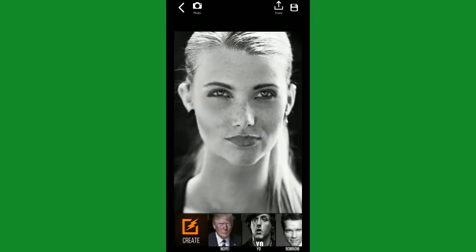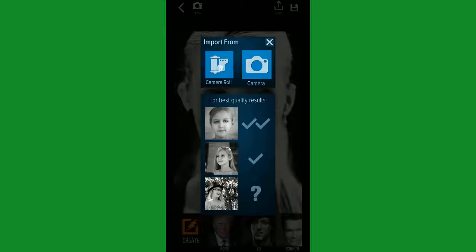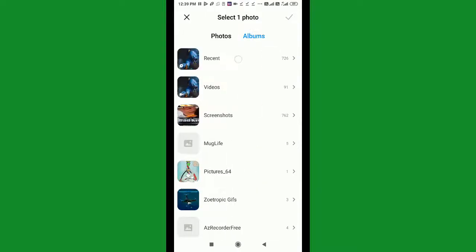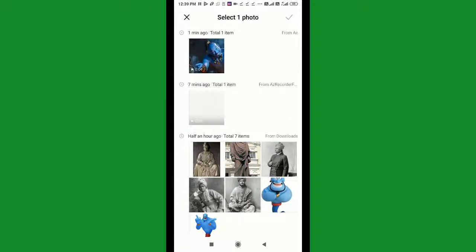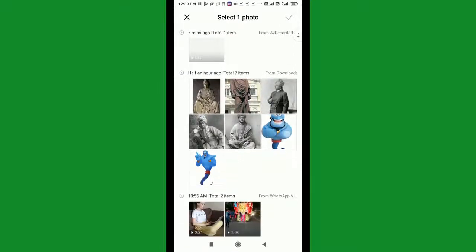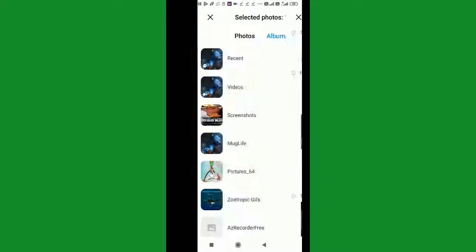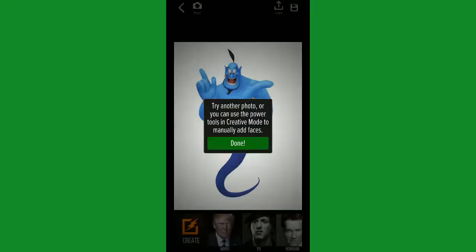Click on photo, camera icon, click on camera roll, go to the gallery. Now let's select some different images. Let me select the cartoon one. Let's see if it works or not. No faces found, so it won't work. Let me take another one.